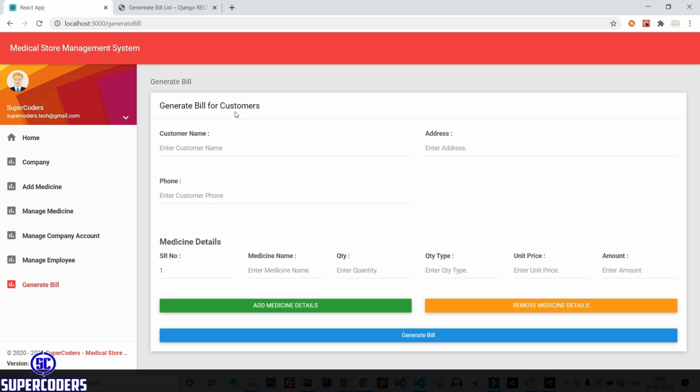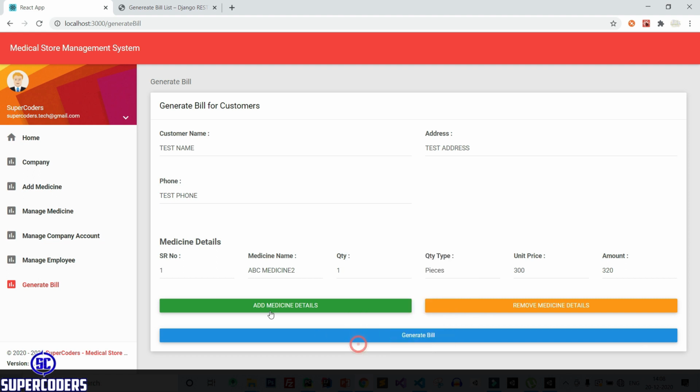So back to Chrome and let's fill this detail, paste name, paste address, paste phone, after that serial number 1, medicine 2.